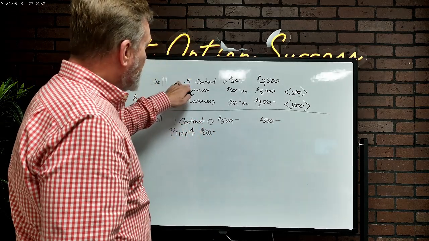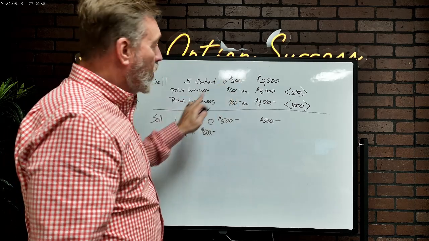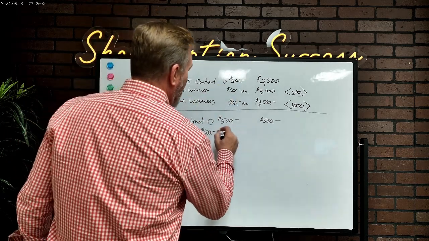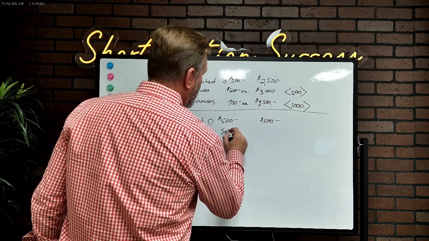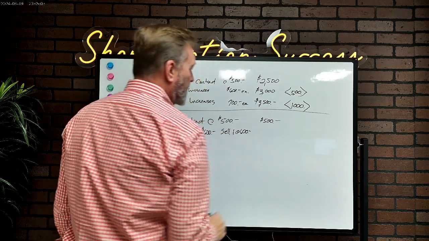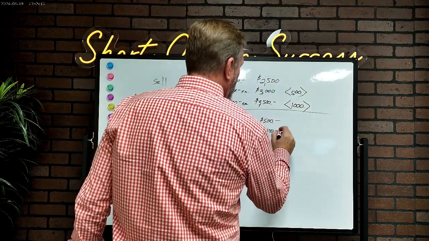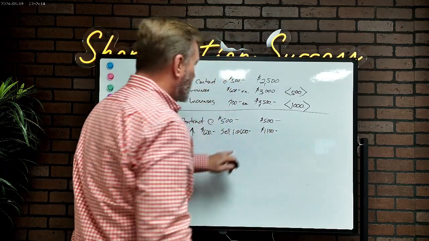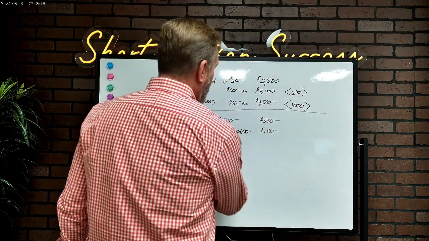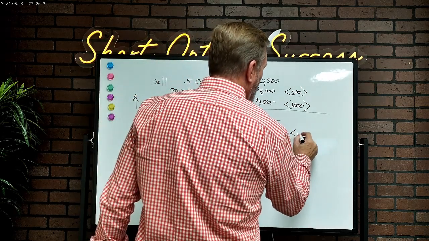Well, back here, I already had 5 locked in at $500. So what I could do, if the price comes up about 20%, and now it's worth $600, I could sell another one. Sell 1 at $600. Okay, and that puts $1,100 in my account total, right? 500 plus the 600. Now, they're both worth $600 at this point, so I'm still down $100.